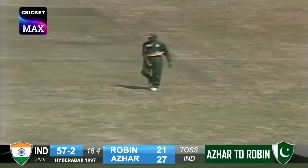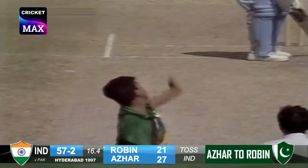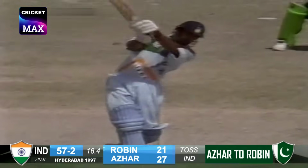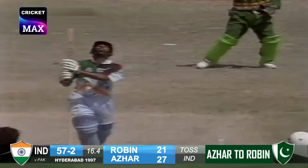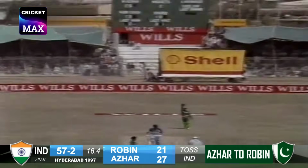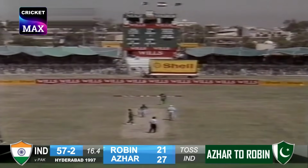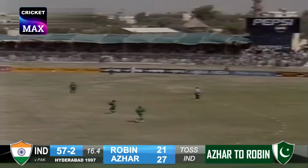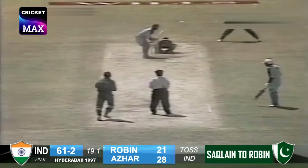I mean, it was just purely desperation, really, because boundaries aren't coming. And he's trying to hit the ball out of the ground over the infield. Just a nothing shot, really. Head went up, his foot wasn't near the pitch of the ball. I'd say all the credit goes to the bowler. The reason being...